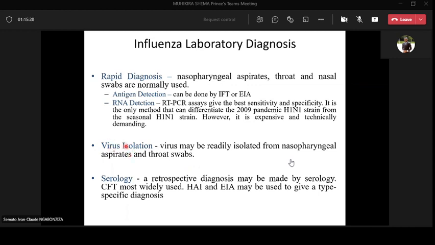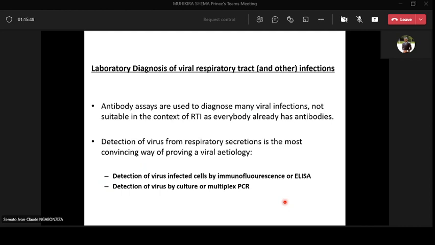So there is virus isolation, which is not available for everywhere, so it is rarely available. Serology and it is a direct detection of and you can detect also antibody, but it will not give too much because many people would already have a reactive antibody test. Laboratory diagnosis, antibody assay,